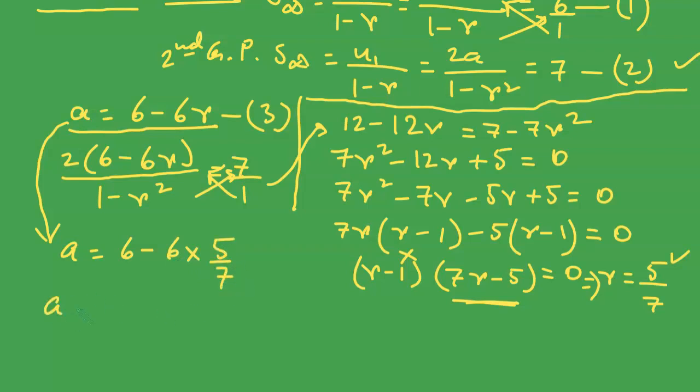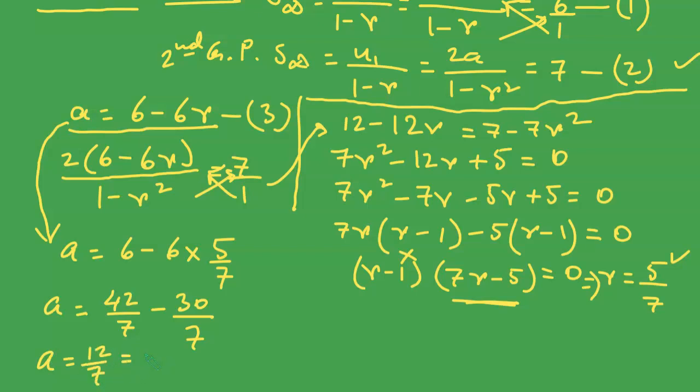We have 7 in the denominator, so we have to make the denominator of the first term 7 as well. So it is 42 over 7 minus 30 over 7, which gives us the A value as 12 over 7,